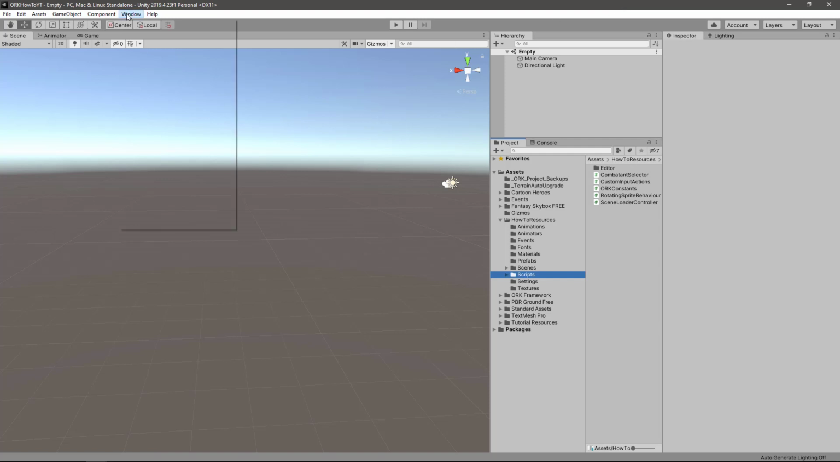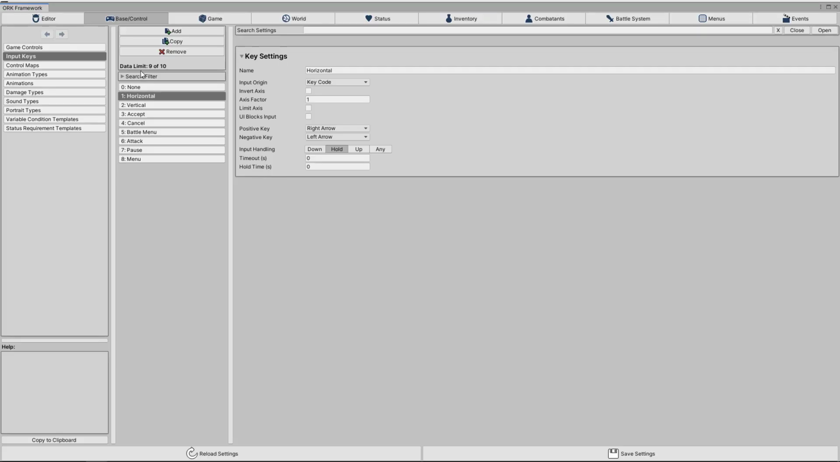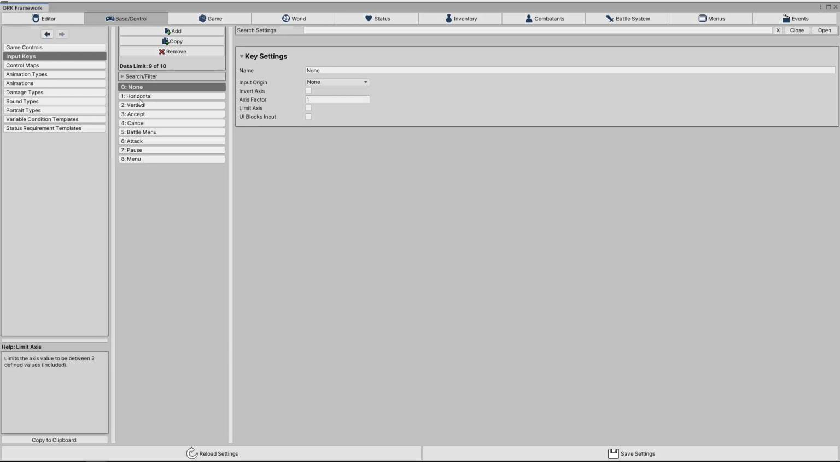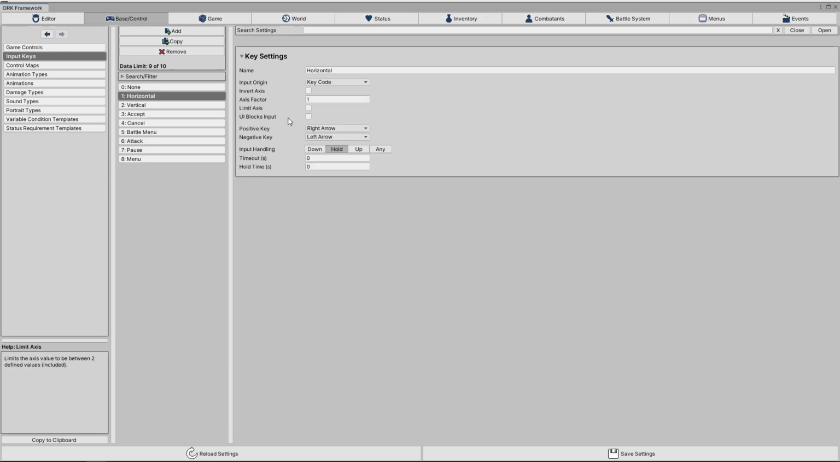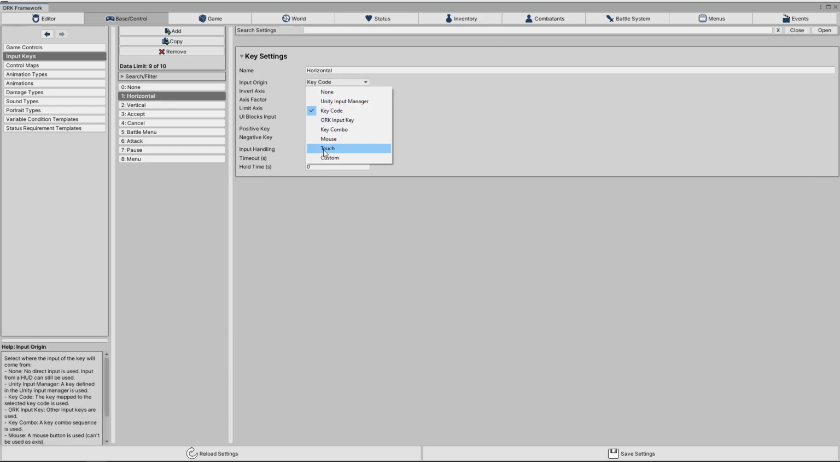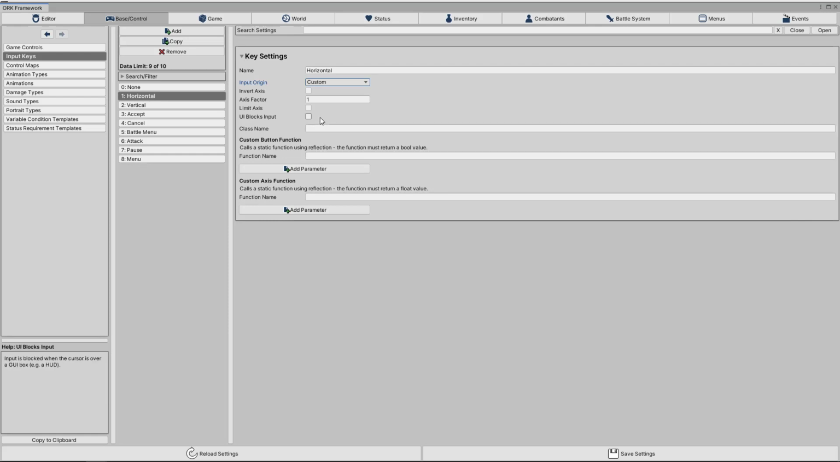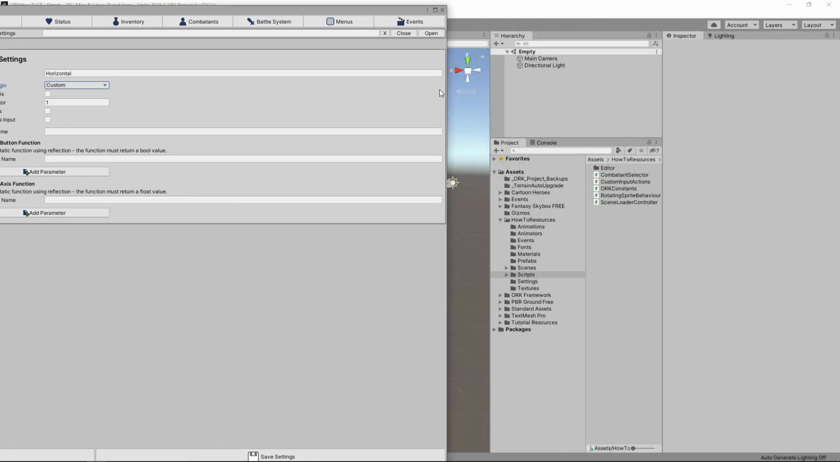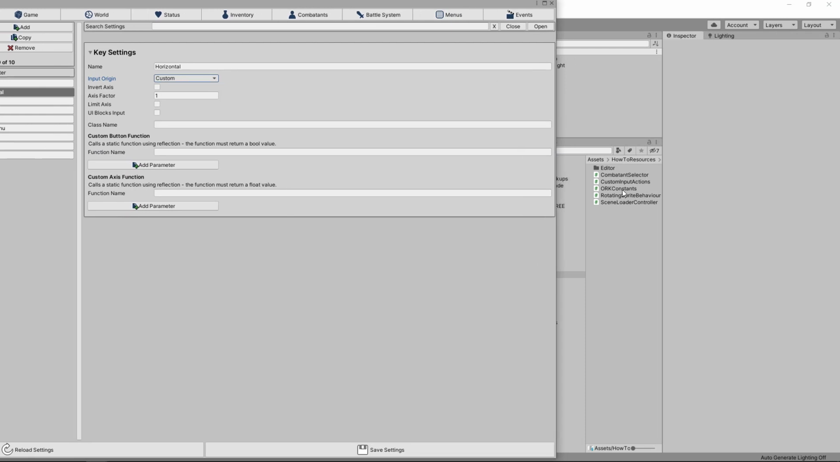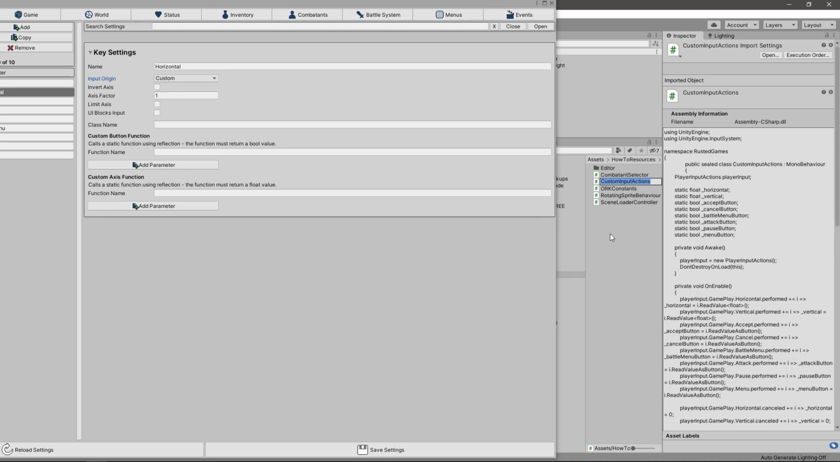Okay, so let's open the ORK Framework editor and go to Base, Control, Input Keys, and then in the None we can leave it as it is, no problem. But the horizontal we need to change. Instead of key code, let's do a custom. Then it will ask the class name. So remember that one, we call it custom input actions. So let's copy that one,